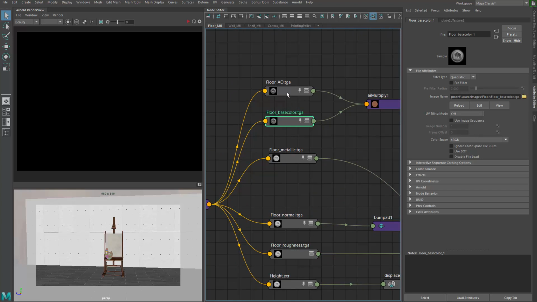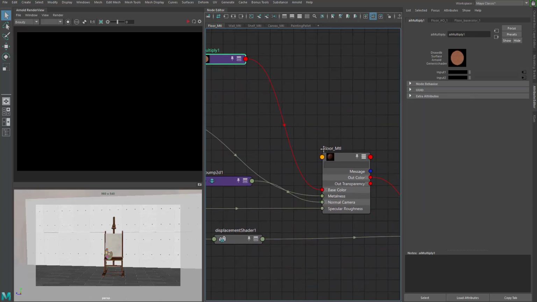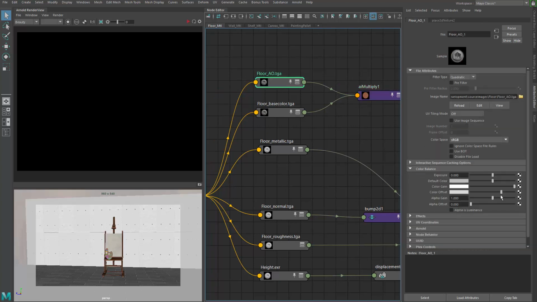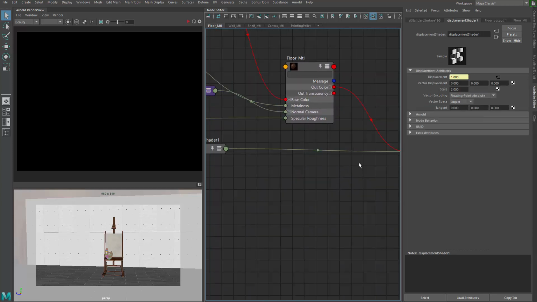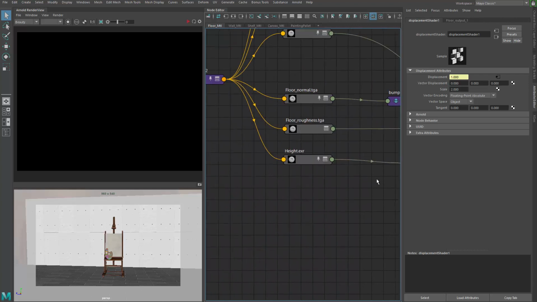The base color is multiplied by the AO, and that goes to the base color. The AO is shifted a little bit in the color balance, you can see it's shifted up so that it's not super dark. And on some of the materials we have a displacement map applied based on the height map,